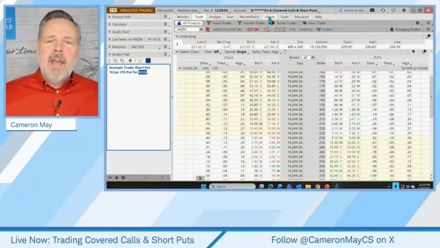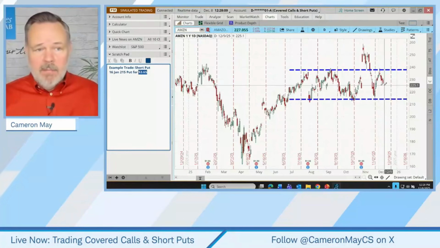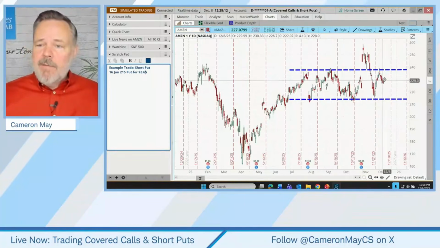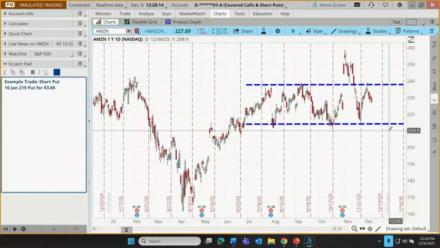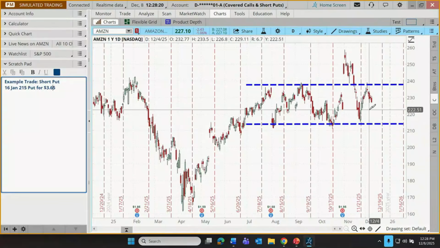So let's have a plan in place. At what point might the trader decide, I don't want to be in this deal anymore? Well, if the shares are falling and falling hard, that might change their mind about putting themselves on the hook at 215. Yeah, oh yeah, retail investor says we might get paid to buy the dip.